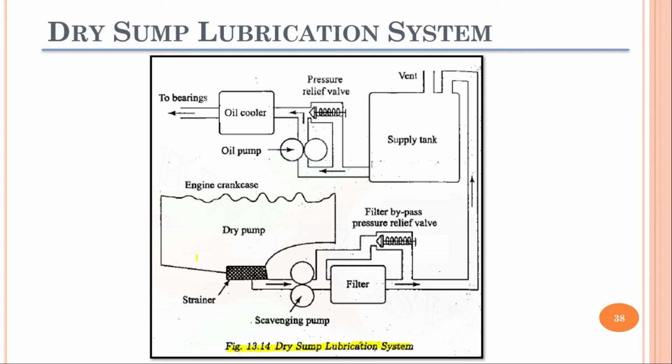Instead of having an oil pan, we have a separate storage tank for the lubrication oil, and from that separate storage tank, this scavenging pump will take the lubricating oil after passing it through the strainer, and then it will pass it through the filter where all the undesirable particles are being removed, and then it will go into the